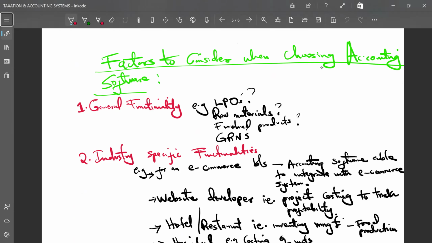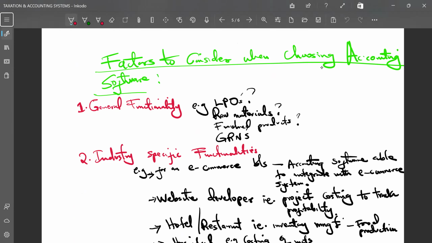If you're an accountant, or a manager running any business, as you look at these discussions, you may have systems in place, but are you looking at it? Give it a test. Does it have all these considerations in place? Maybe, just maybe, it might be useful in the future if you find yourself in a situation where you need to make a decision on either migrating to a whole new system or upgrading the system that you already have to improve your accountability, reporting, and decision making. Remember, those are very important things.